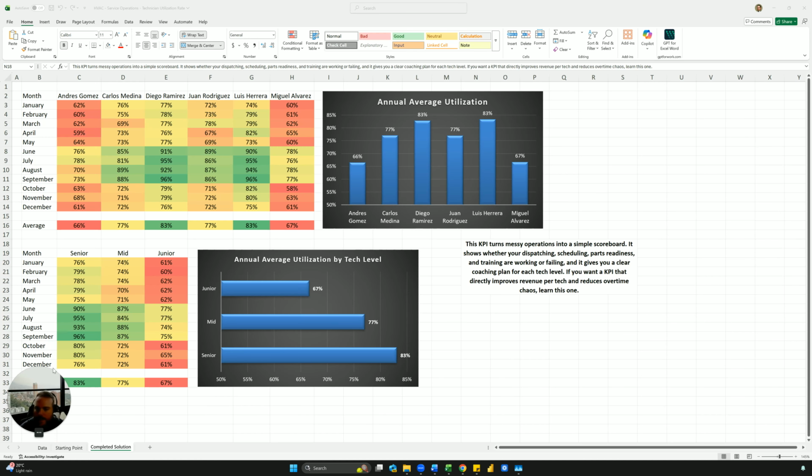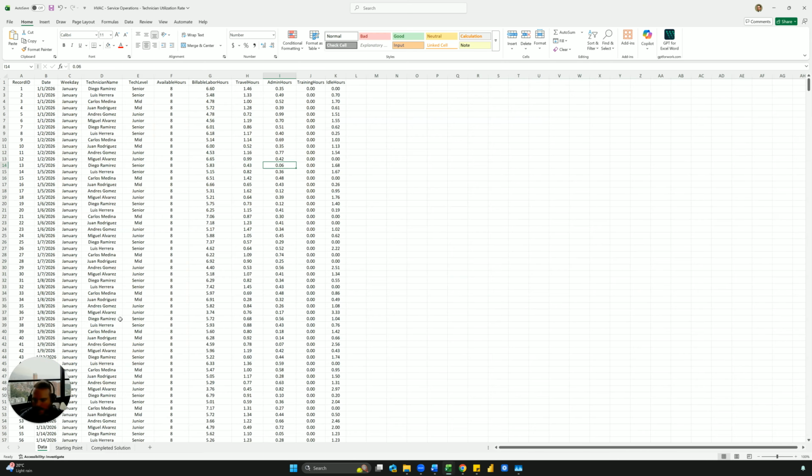Okay, so in the data set here, if you want this data set, there's a link in the description to download it, or in the book, there's going to be a link to download it. This is a dummy data set, but you should be able to pull this data from your software, ServiceTitan, or whichever software you're using. And if you're not using a software, then a spreadsheet, you should have somebody manually entering in this data,